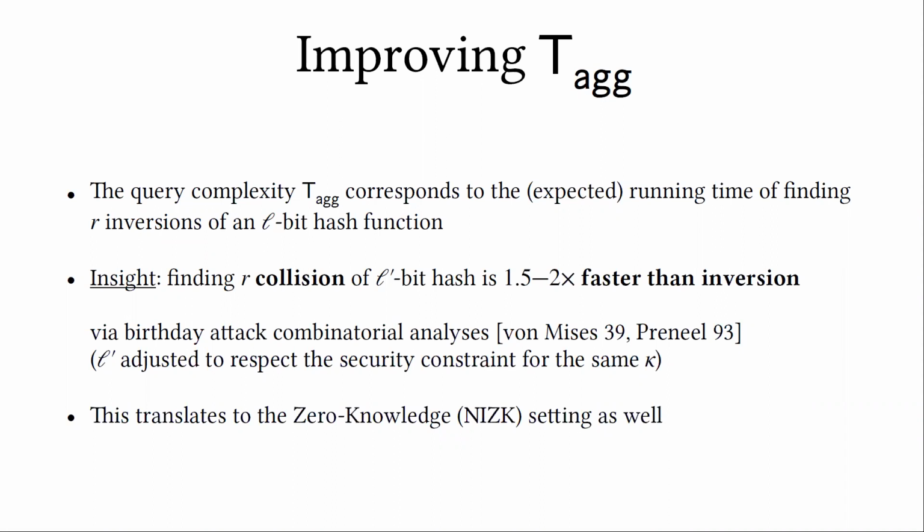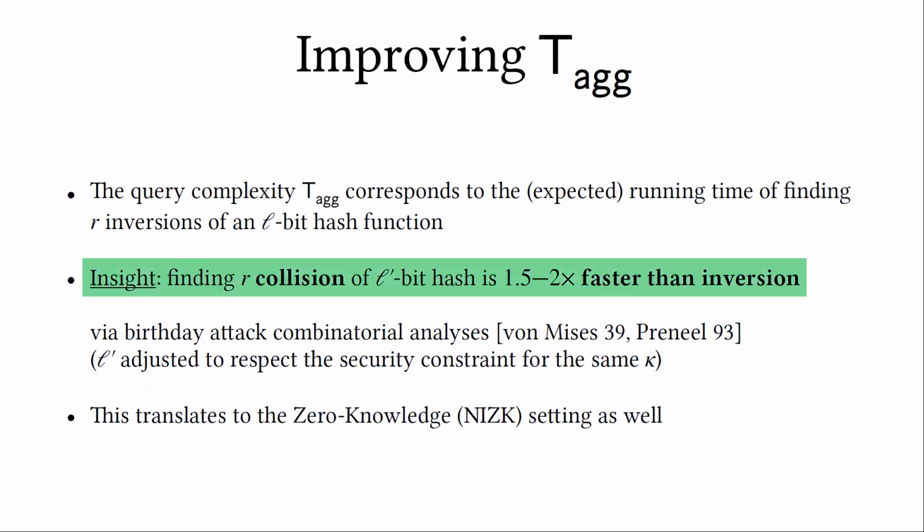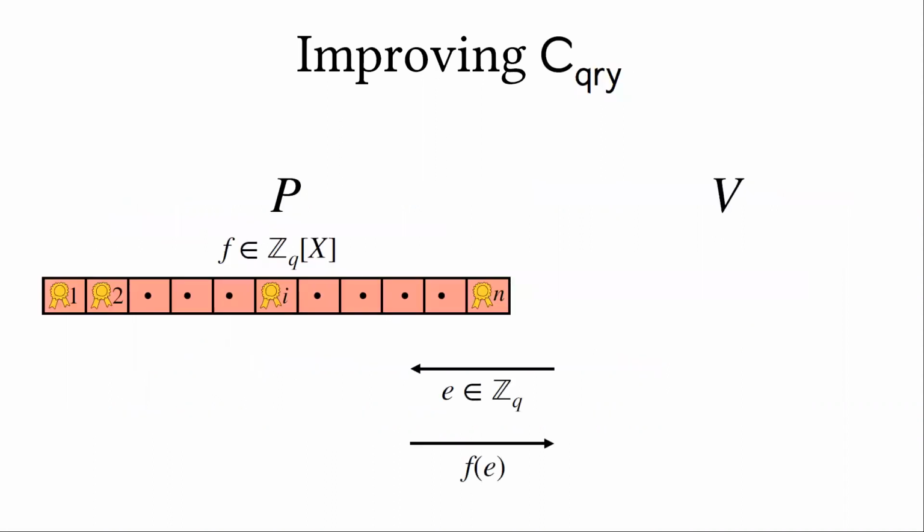This follows from some nice combinatorial analyses by von Mises and Pernille. It turns out that this same idea translates to the NISIC setting as well. It's not just for aggregation. And as for the cost of computing each thing, like the cost of producing each query, very roughly,